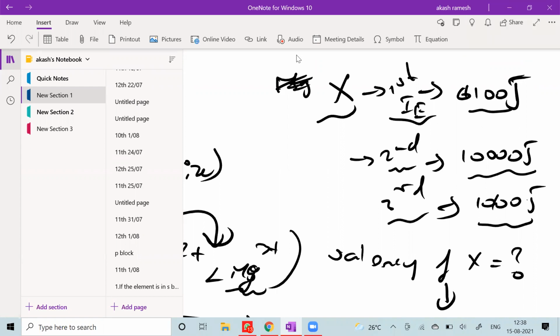Sir, can you explain how is it 2? I didn't even say that the answer is 2. I'm just waiting for answers. I'll tell you whether it's right or wrong in a while, but you give me your answers, whatever you feel is the answer. So we have to say the initial valency of X. Yeah, obviously initial valency of X. When I say valency, it's only for elements, not for ions.